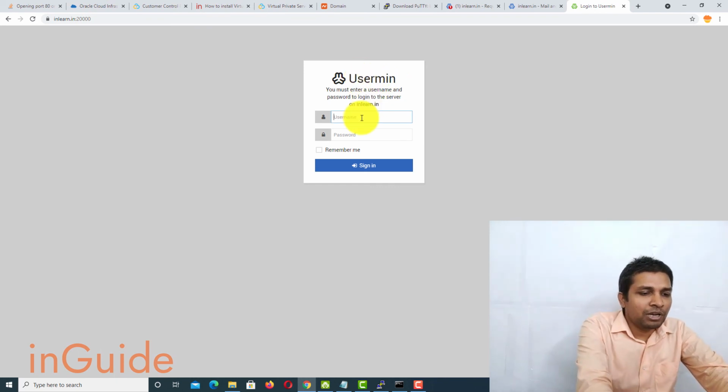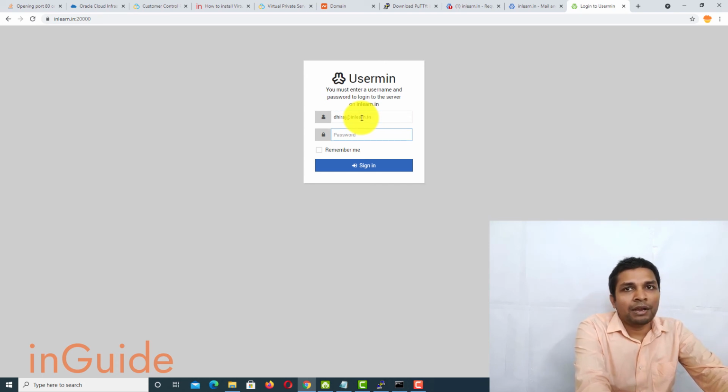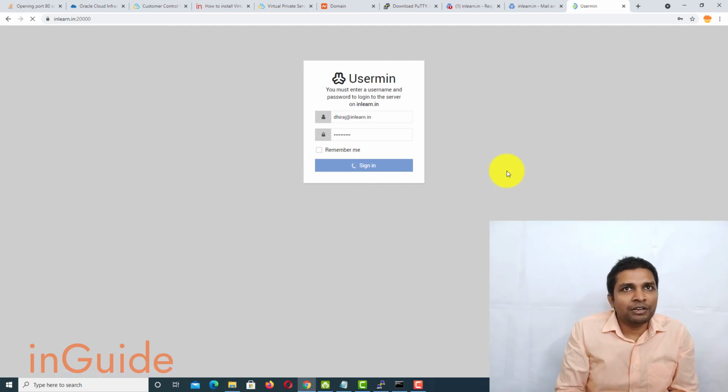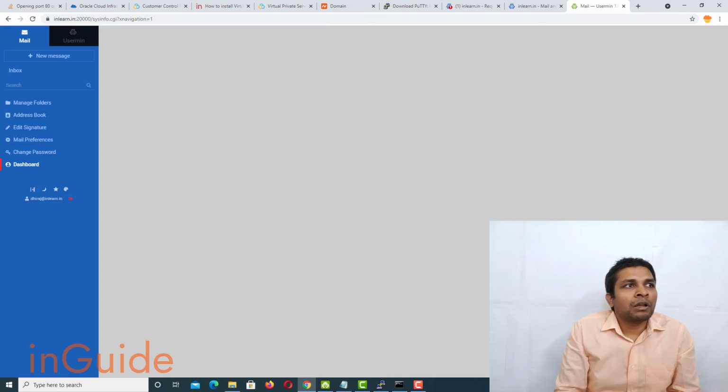Now type the username here, which is your full email ID, and then you have to type the password. After that click sign in, and you will be able to sign in to the mail account. Now this part is done.